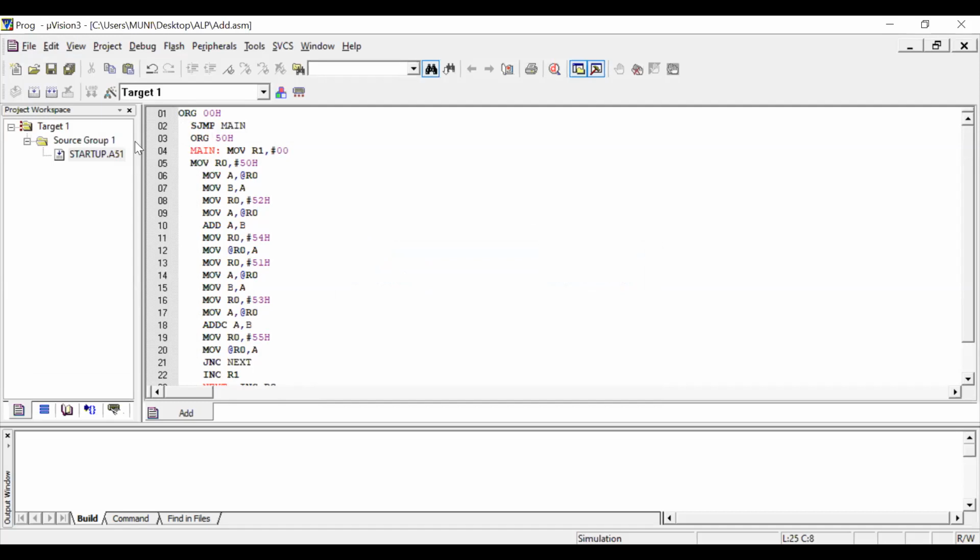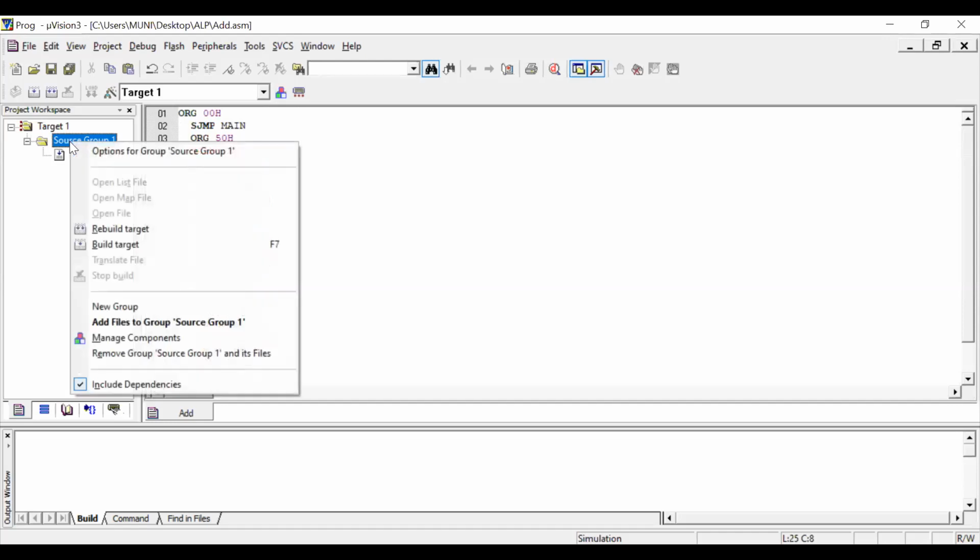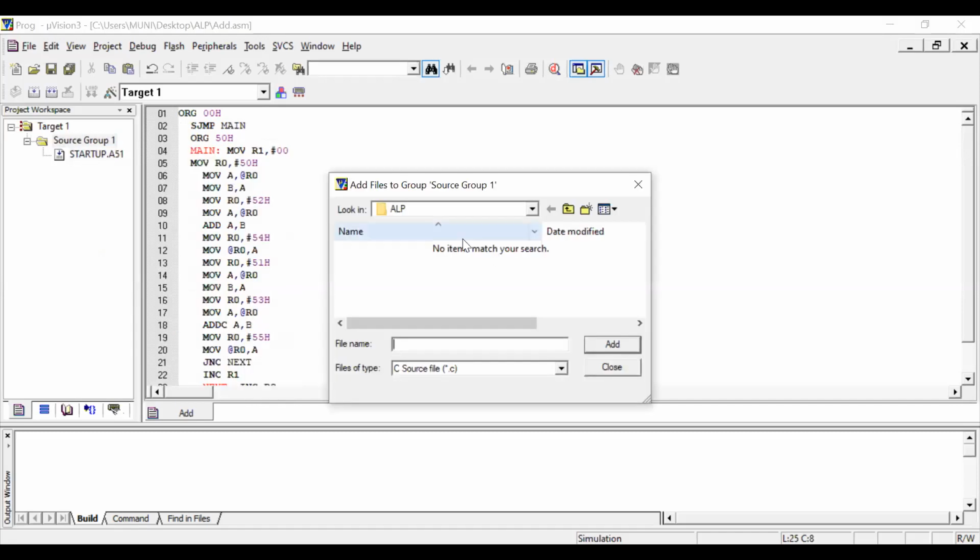Okay, and next one, this file is saved in the folder, not in the project. So we need to add this file to the project. Right click on source group, add files to source group 1. Then it asks for the file name. You can select all types of files.